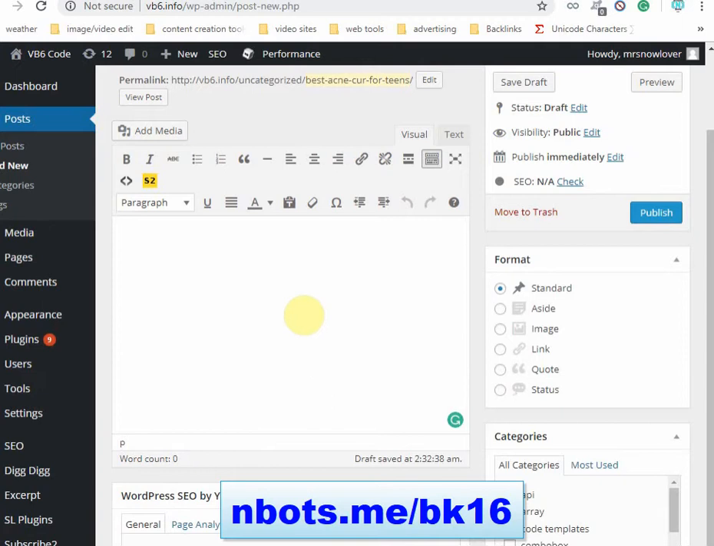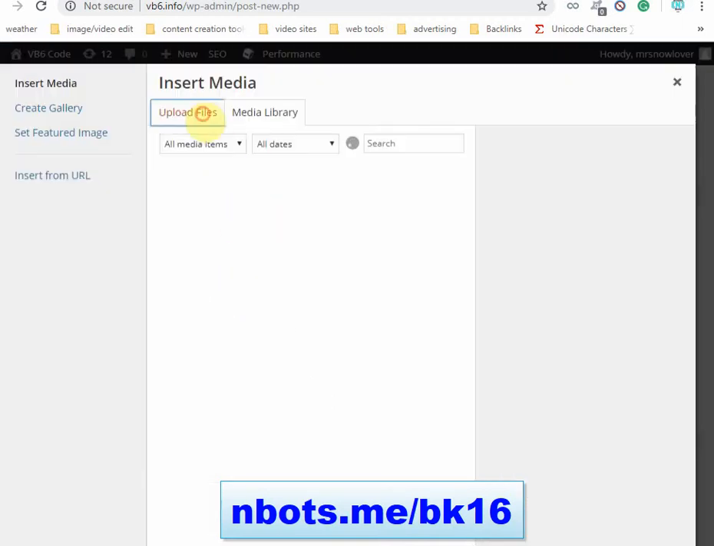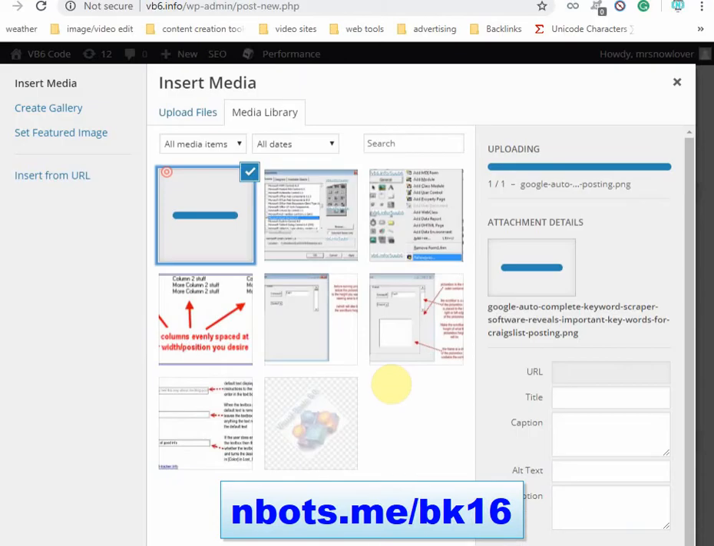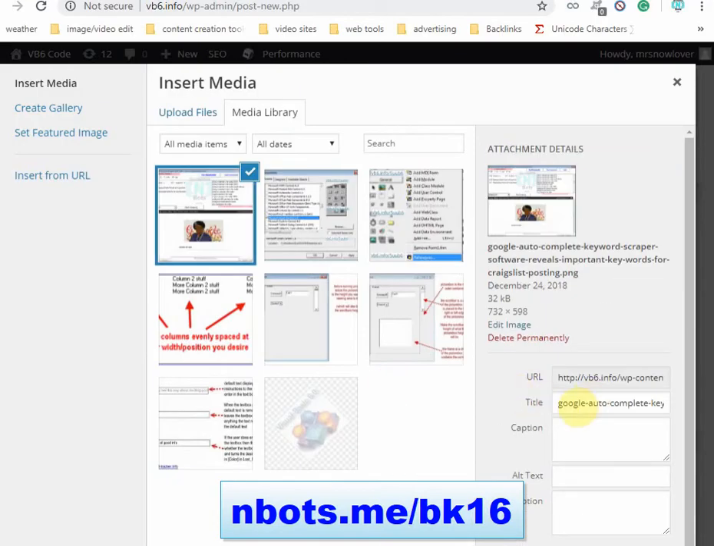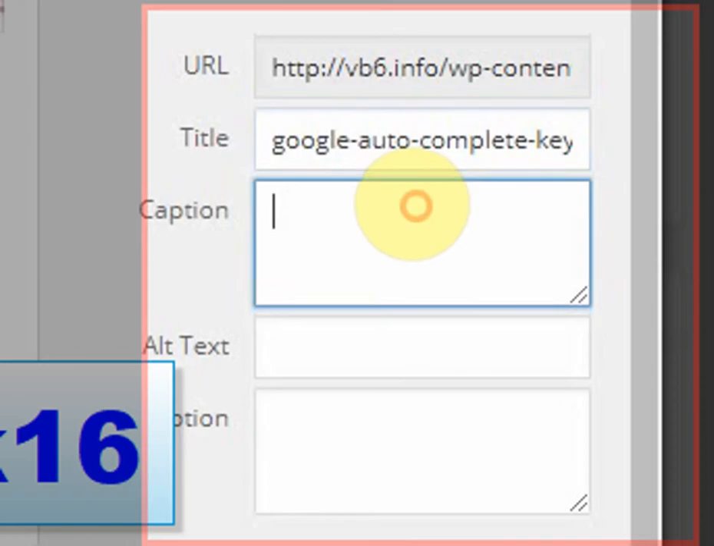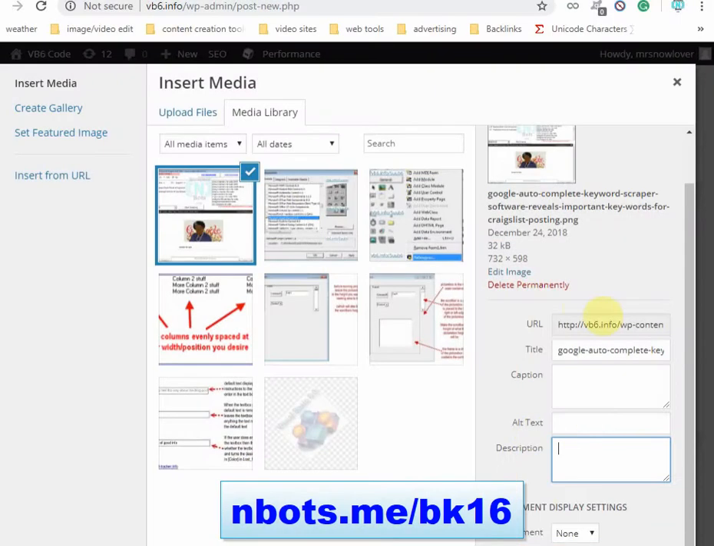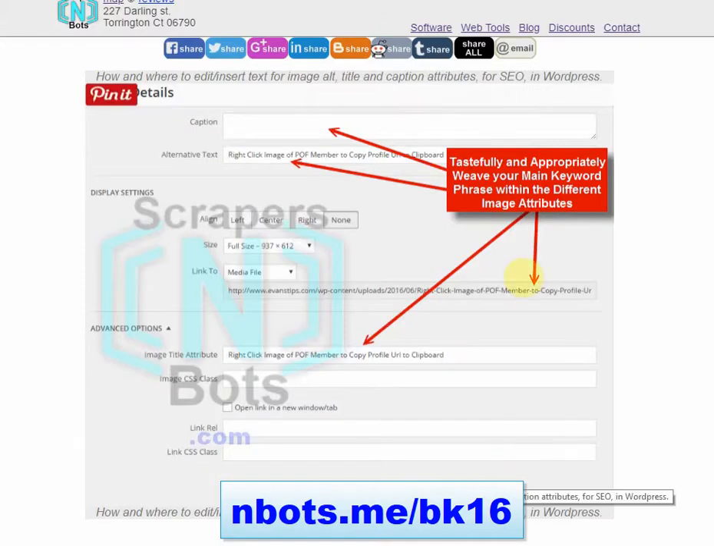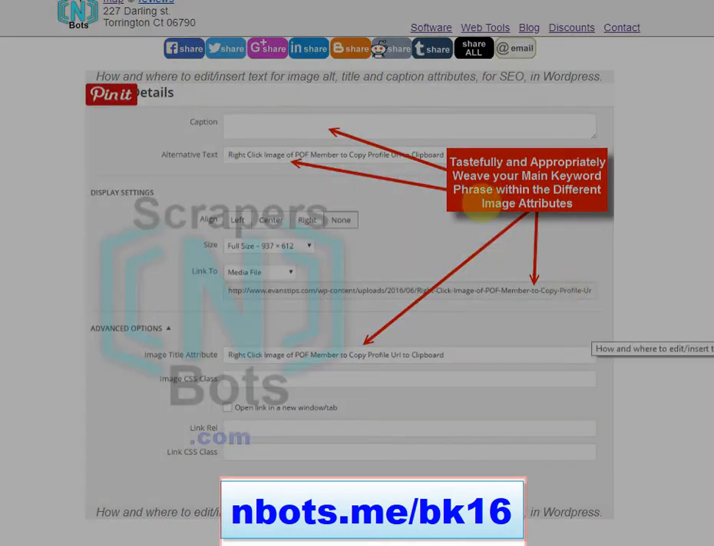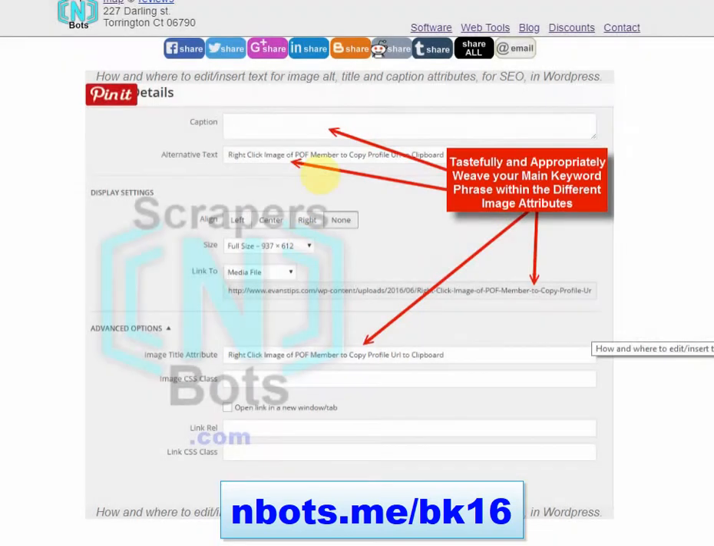To do this in WordPress is fairly easy and straightforward. You click the Add Media button, upload your image, and then change the title, caption, alt text, and include a description if you'd like as well. Again, make sure the name of the image you upload includes your main keyword phrase that you're targeting. Again, the image on this page shows an example image and different places that you can put your main keyword phrase for SEO benefit